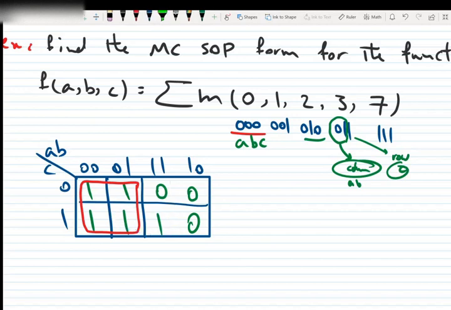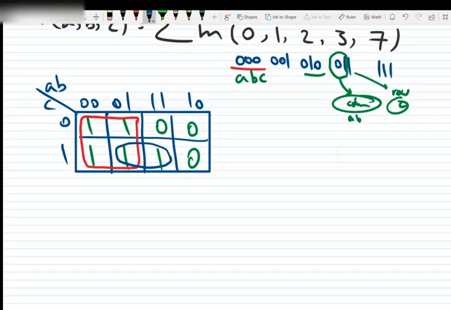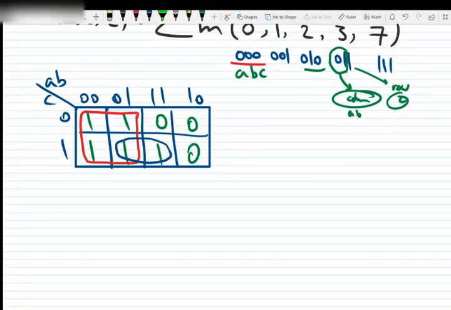Why didn't I group these three ones together? Because 3 is not a power of 2. Okay, why didn't I group it in this form? Because they are not adjacent. All of them have to be adjacent together. Okay, so this one is the second group, and now that we have all minterms